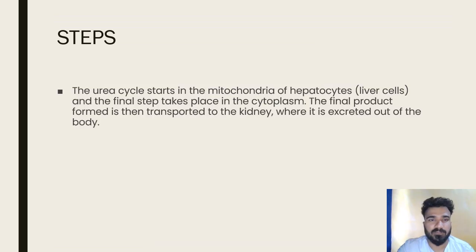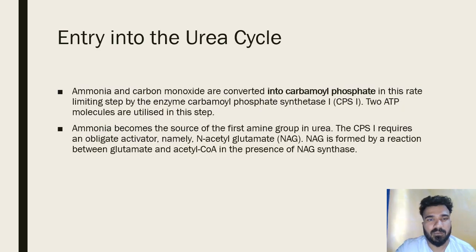So these are the steps. The urea cycle starts in the mitochondria of the hepatocytes and the final step takes place in the cytoplasm. The final product formed is then transported to the kidney, where it is excreted out of the body. Entry into the urea cycle. Ammonia and carbon dioxide are converted into